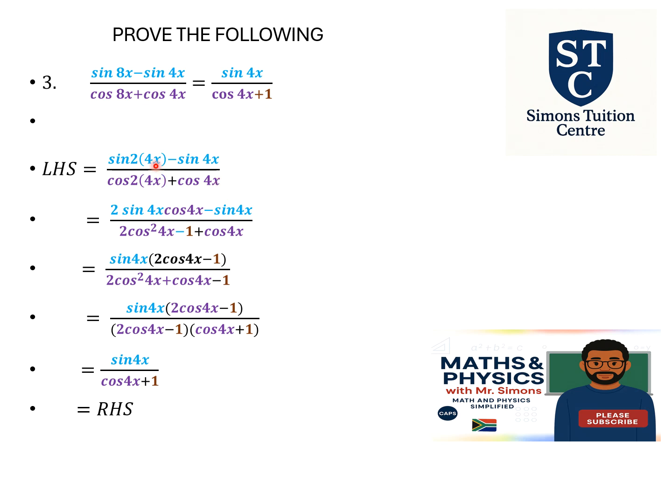If we expand, this becomes 2 sine 4x cos 4x minus sine 4x, and at the bottom there, because I have cos 4x, I write the cos double angle only in terms of cos, so it becomes 2 cos squared 4x minus 1 plus cos 4x. You can see on either side of the minus sign, I have sine 4x as a common factor. I hope you see the two items in blue. So if I take out sine 4x